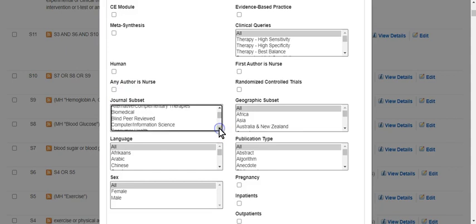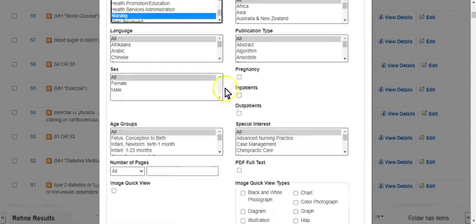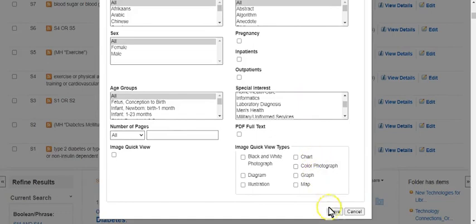So what you could do is go down to this journal subset here, go down to core nursing, click that, and then scroll down a little further and hold down your control key on your computer or your command key if you're on Mac and select nursing also. That way you have both core nursing and nursing highlighted. Then you're going to be able to click save,